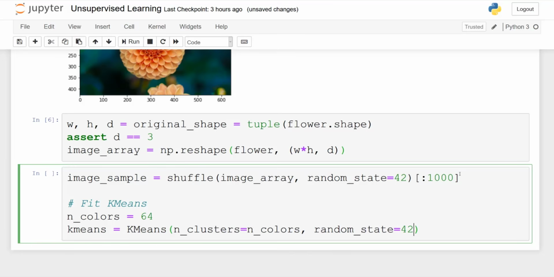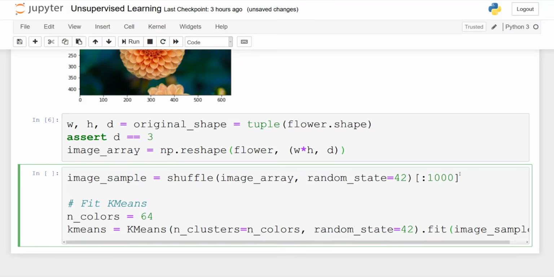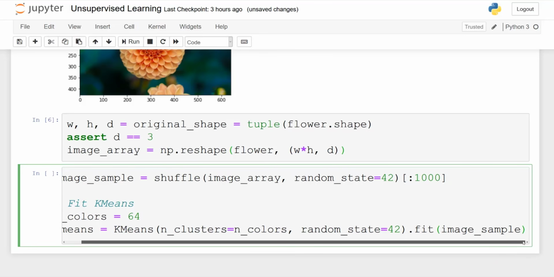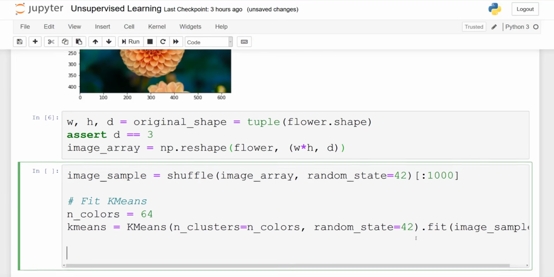And again, the random state equal to 42, because as you know from the theory part, k-means starts by randomly assigning each observation to a cluster. So we keep the random state equal to 42 to give the same results every time. And then we simply fit the algorithm.